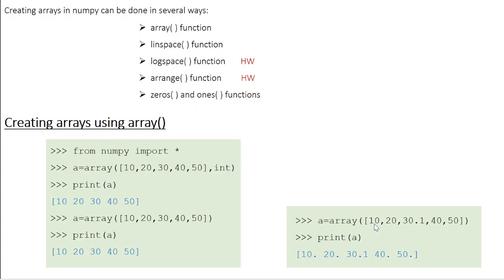So all the numbers are converted into floats. So this is how the displayed result is going to be: 10 point, meaning 10.0. Okay, so it's not going to write the 0 explicitly here. 10 point, 20 point, 30.1, 40 point, 50 point. So all the elements are converted into floats.